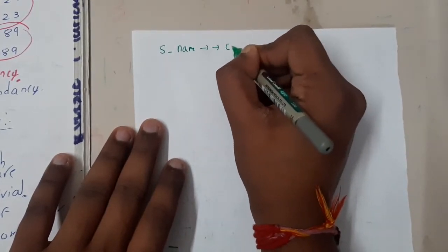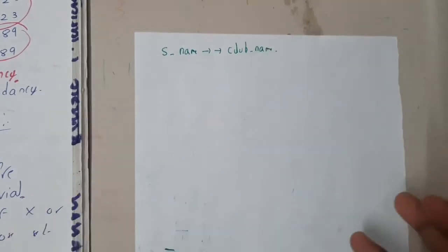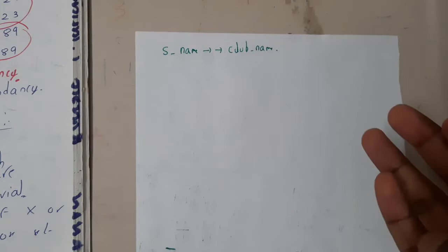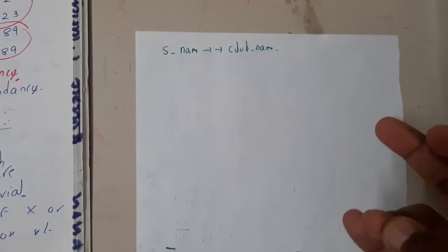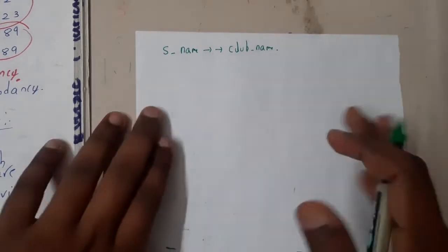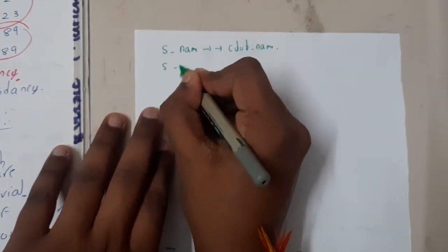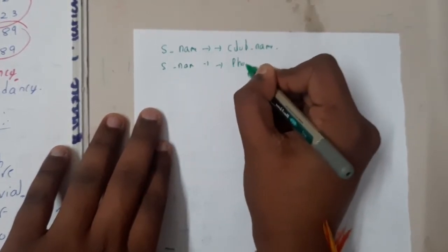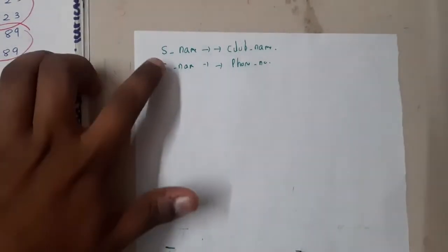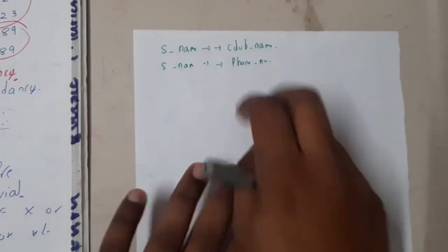So let us first take club name. Assume that in their college they have some clubs, like a dance club, guitar club, sports club, etcetera. Student name has clubs, and similarly student name is multi-valued dependent with phone number. Here a particular student can belong to multiple clubs, and a particular student will have multiple phone numbers.